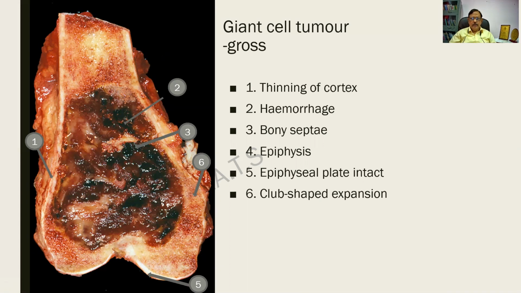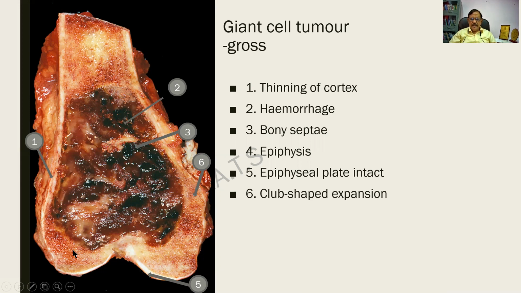It's a gross picture. You had seen the picture earlier, but now I will describe it. Kindly follow. This is a tumor over here, and in this I find that it is hemorrhagic. The tumor is hemorrhagic, but well limited. There is a cortex over here, the epiphyseal plate, and it continues. There is a thinning of the cortex because the tumor is expanding, and the tumor is showing areas of hemorrhage and necrosis. In this, there are some gray-white lines. These are the bony septae.